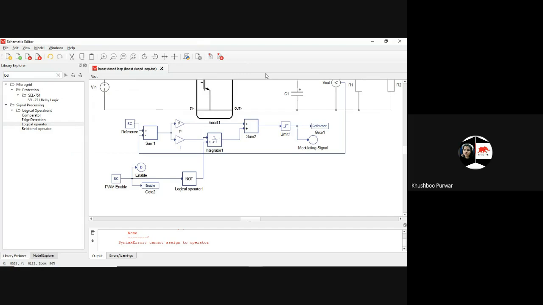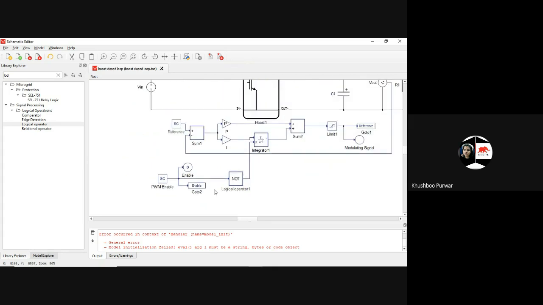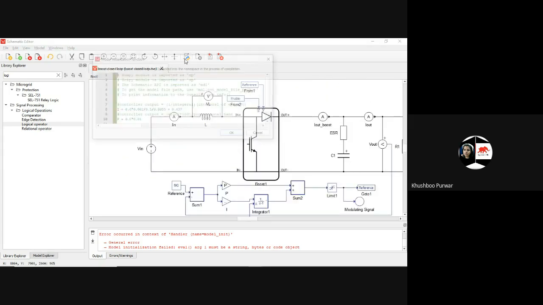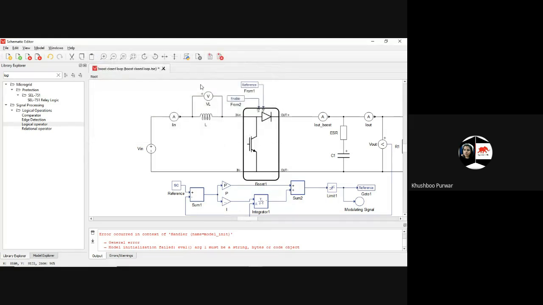Now here I will compile and just check if there is an error or not. Model initialization. And my model initialization script is also coming gray, ma'am.